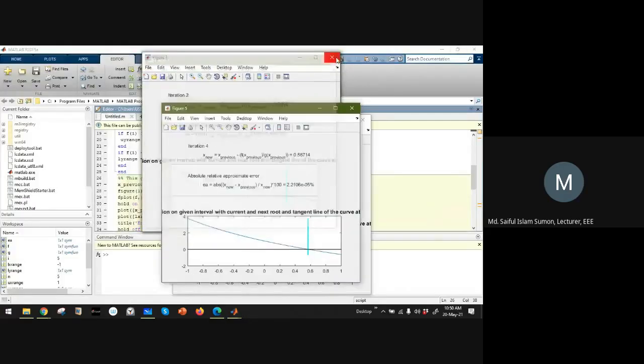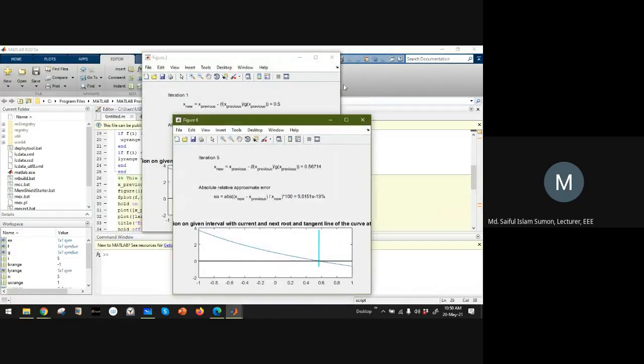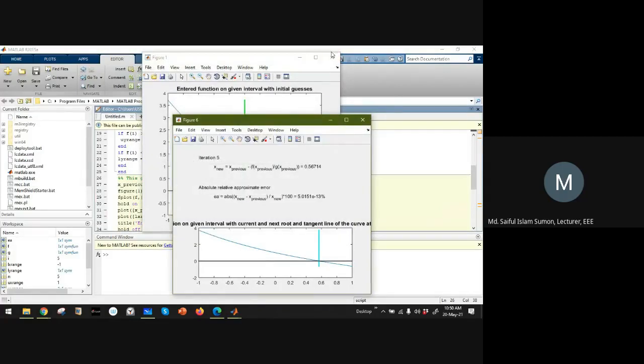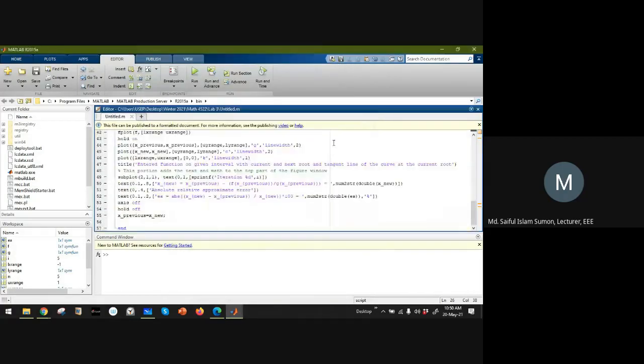So let's remove all these things, okay? Because there is no gap, that's why everything is coming together. So what I can do, I can just simply